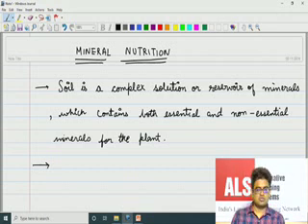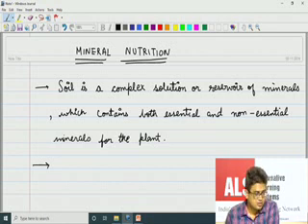Okay, so we need to find out which of these are absolutely essential. To be able to determine